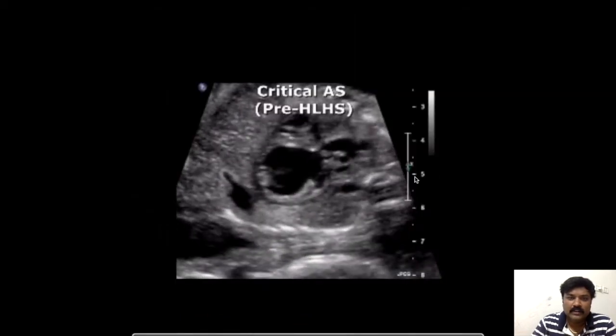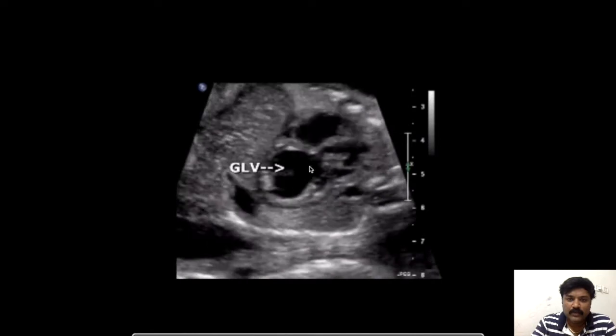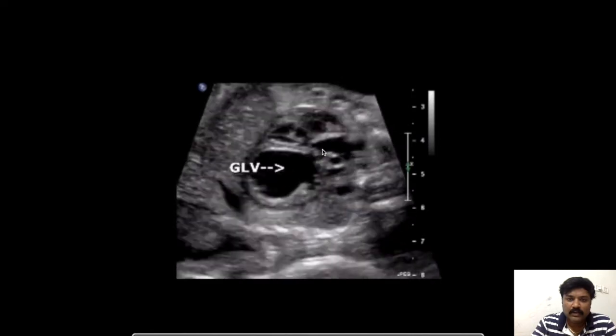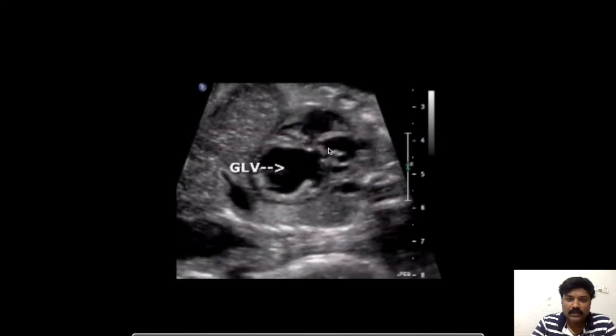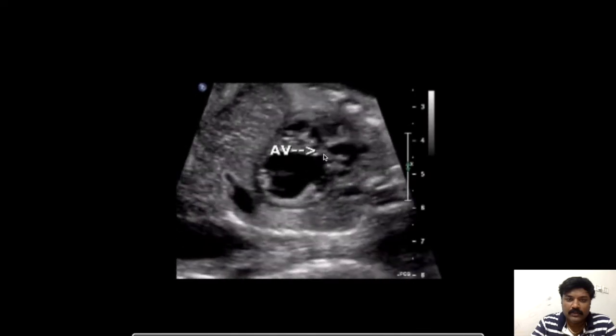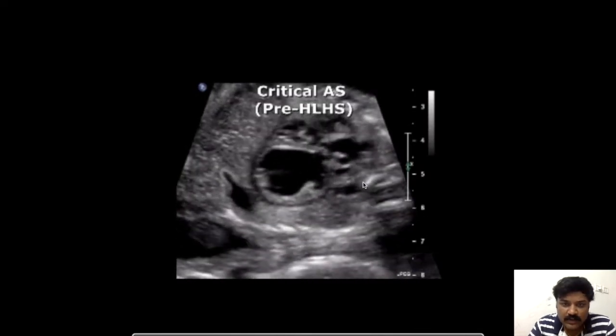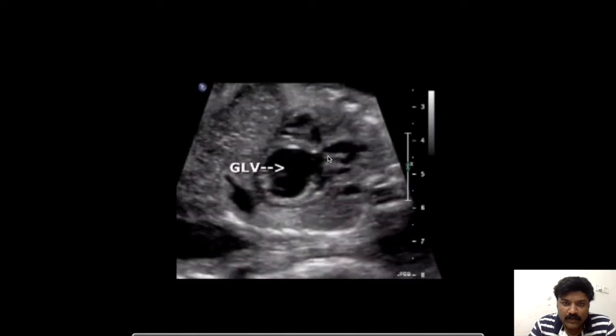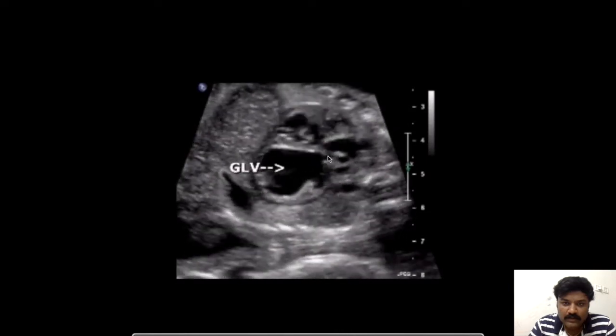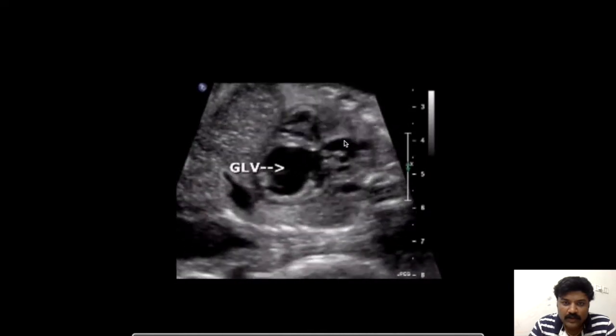Here there is dilated left ventricle with small aorta at the level of annulus due to the thick echogenic less mobile aortic valve, and there is post-stenotic dilatation of the aorta.